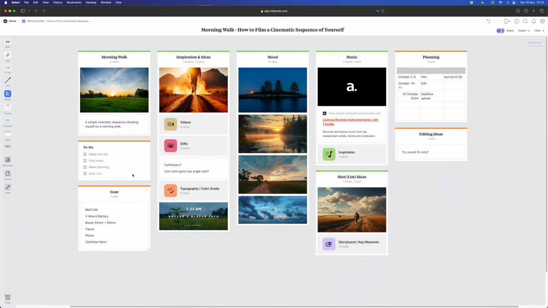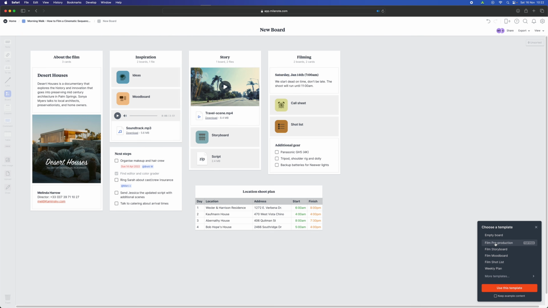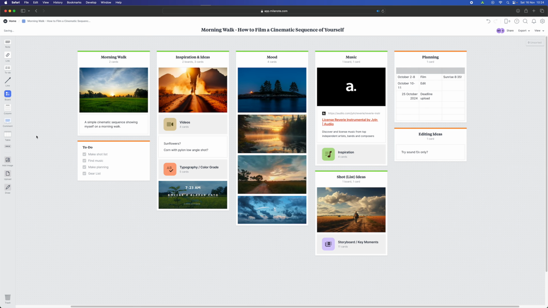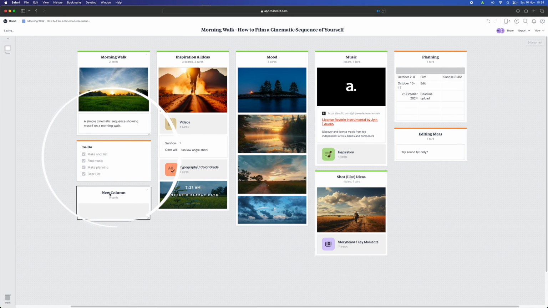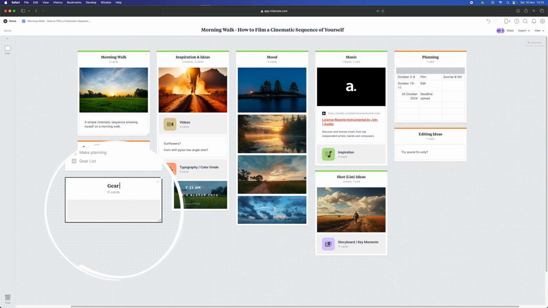Okay, so look, this is what my finished pre-production board looks like in Milanote. And it's basically a pre-production template that I've created for myself, right? But of course, you could also use one of Milanote's pre-made templates for filmmakers. But my workflow, my pre-production process is always the same, so it makes sense that I always use my own template. So I always have a to-do list, I create a gear list, so all the gear that I'm gonna